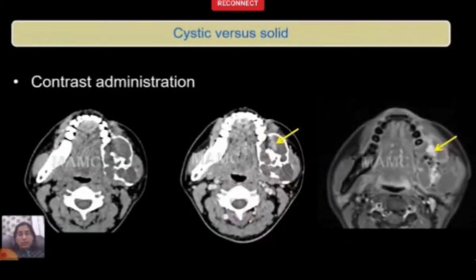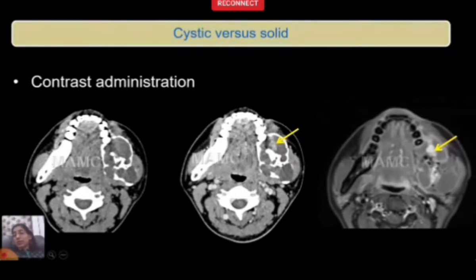What we also need to determine is the cystic or the solid nature of a mass. So a non-contrast CT will not be able to do it for you. So do not shy away from administering contrast whenever you're evaluating a jaw lesion. I've seen many places which just do a non-contrast CT, but that will not give us the entire picture, and that is where we score over oral radiologists. So do not let go of your contrast.